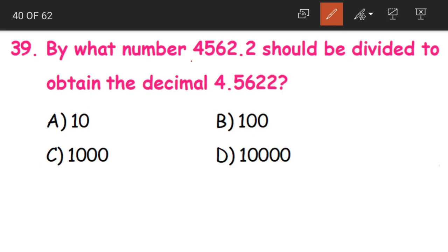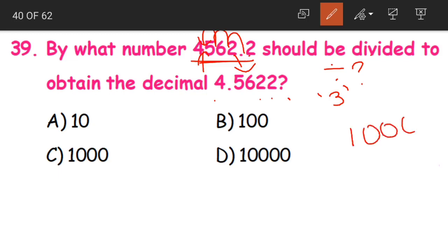So here we have divided this number by something, so that the answer is this much. Now can you tell me how many places has the decimal moved? It has come here 1, 2, 3. The decimal point has moved 3 places to the left. That means the number that we have divided here has 3 zeros. 1000 is the answer.